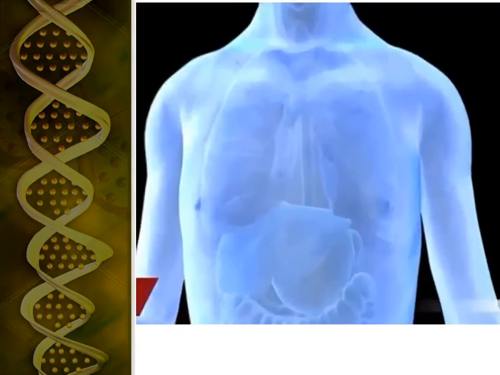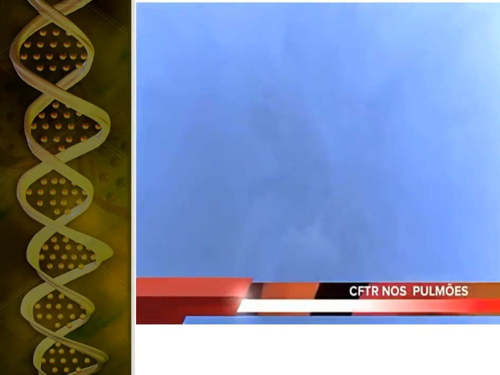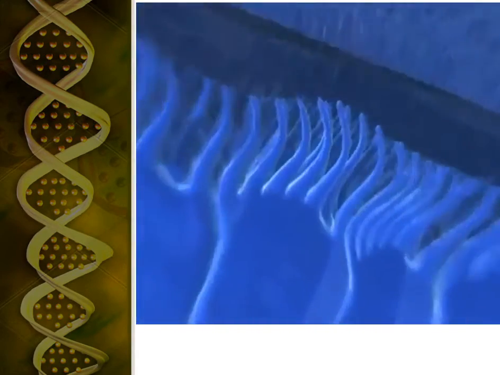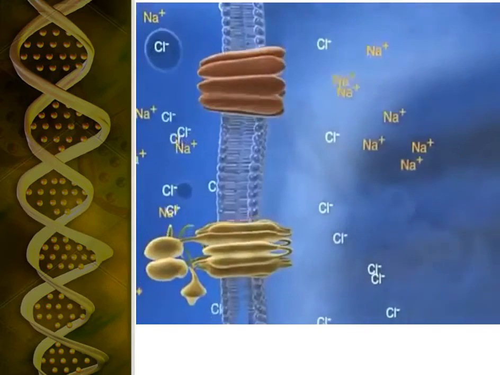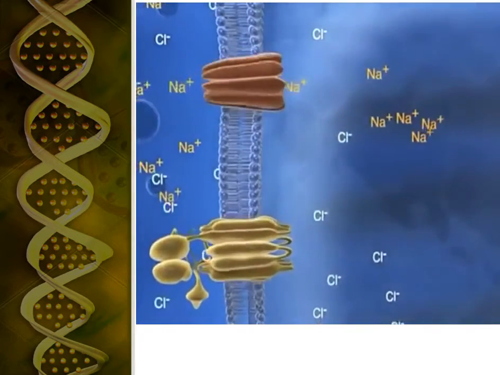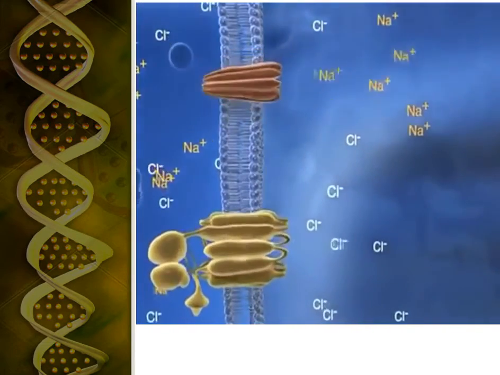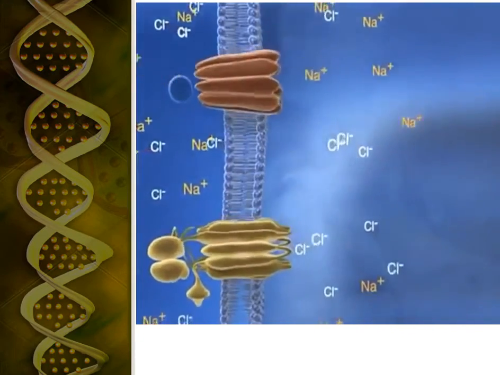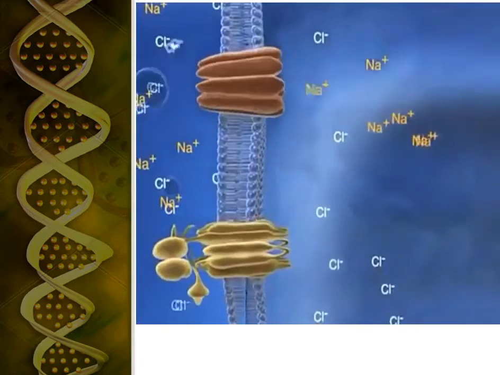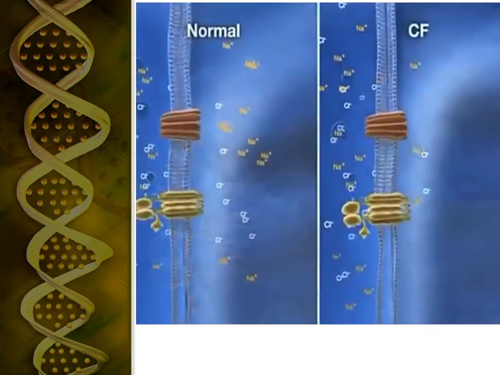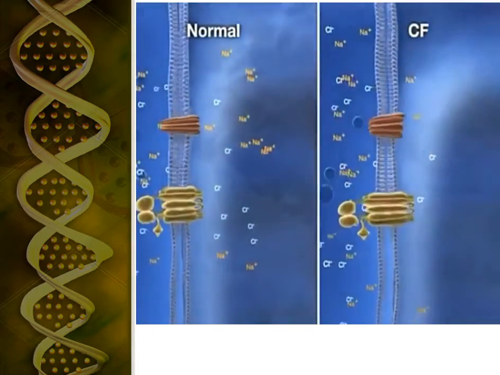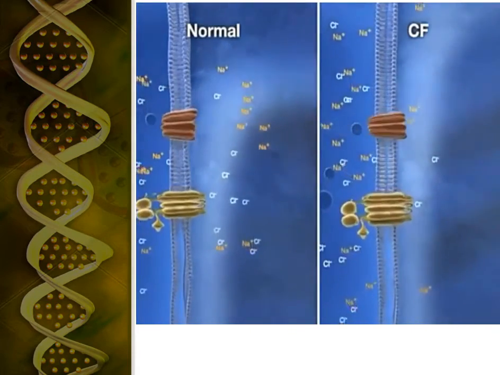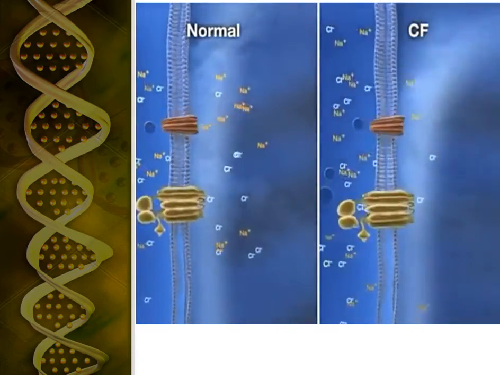In the normal lung, the airway surface liquid, or ASL, supports an environment in which cilia can beat freely and clear mucus that has trapped inhaled particles. Active secretion of chloride via the CFTR channel and absorption of sodium are necessary to regulate the volume of the ASL. In cystic fibrosis, chloride secretion in the airway epithelia via CFTR is either absent or impaired, and sodium is